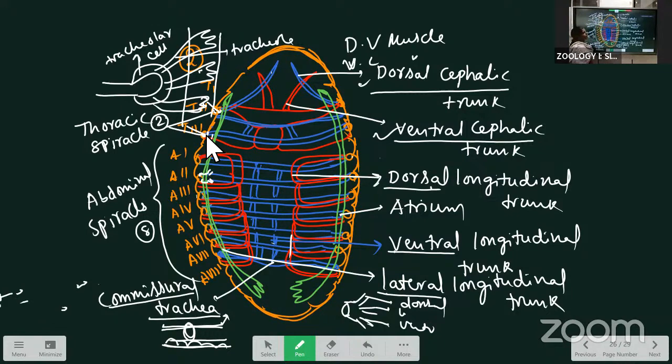Next, the expiration: the dorsoventral muscles and the ventrolateral muscles contract. At that time the body cavity is decreased. The air is expelled. The pressure is increased automatically, and the air is expelled out. In the cockroach, the discontinuous